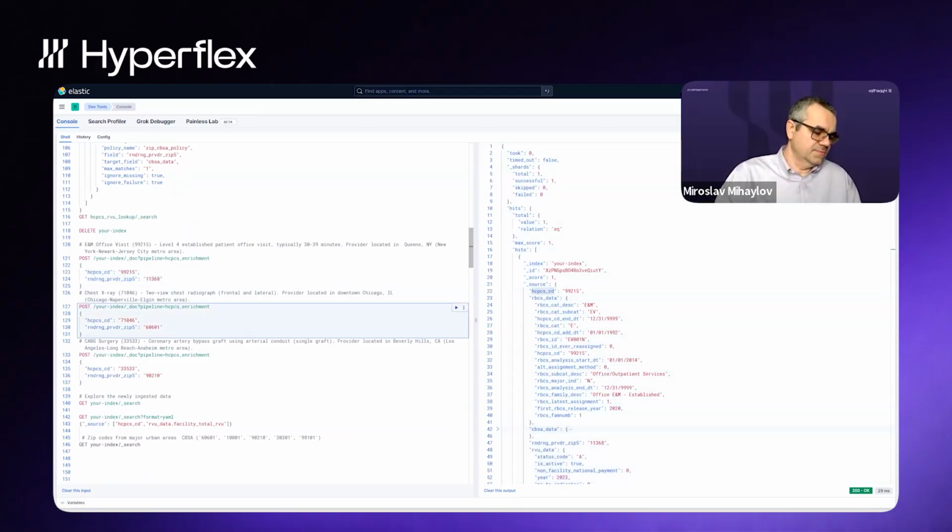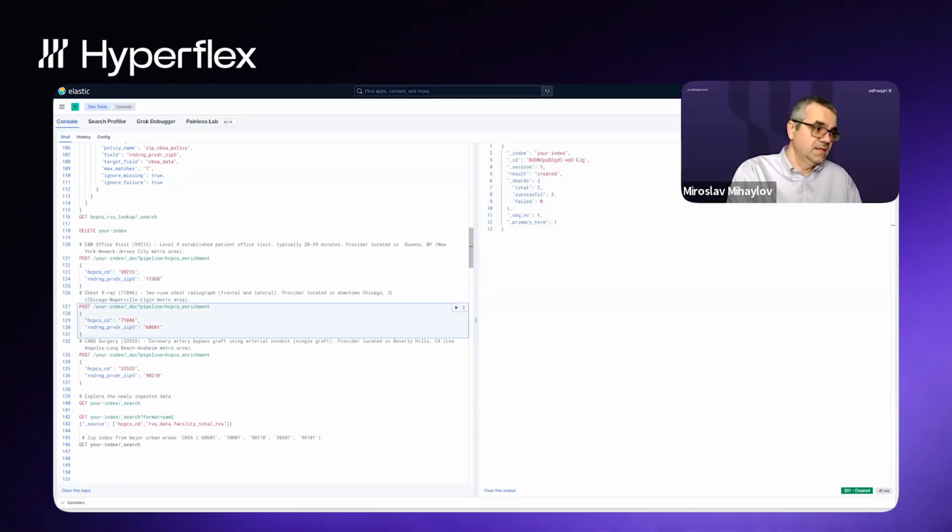Let me insert a couple more. This one is reading a chest X-ray, I believe. And this one is an actual cardiac procedure, coronary artery bypass graft.